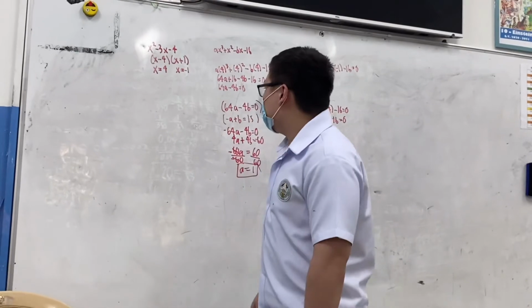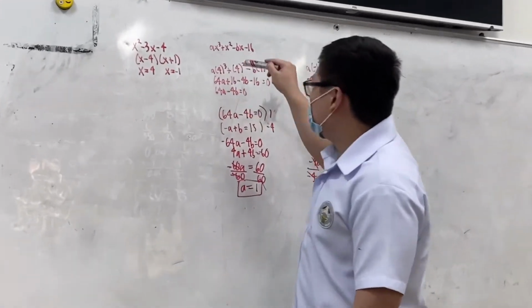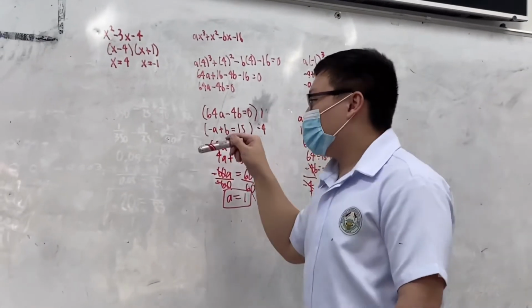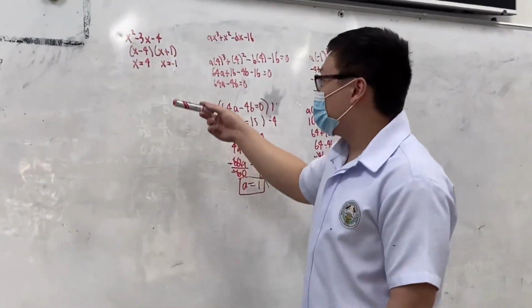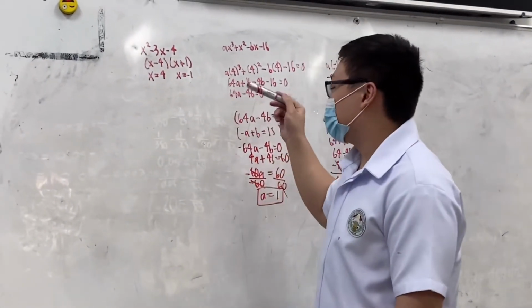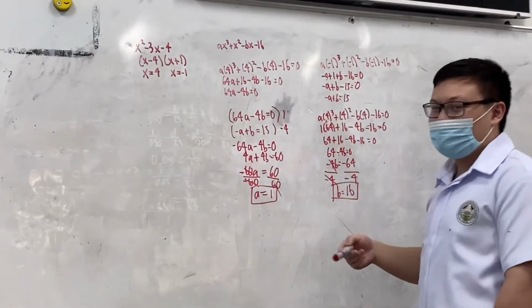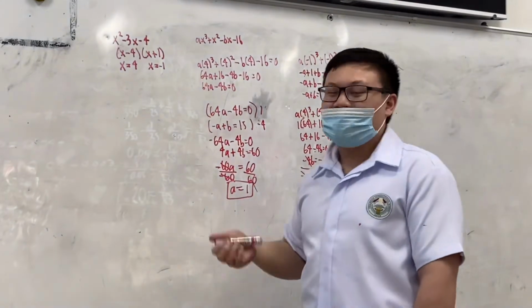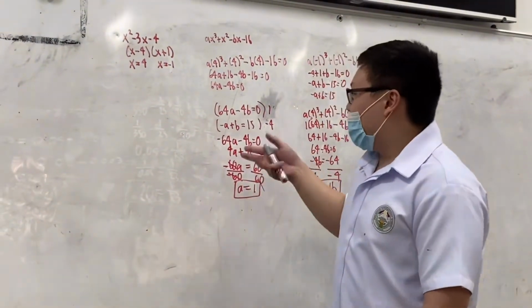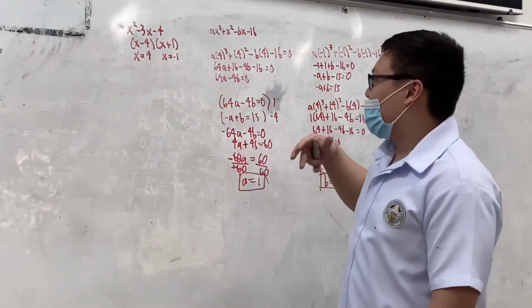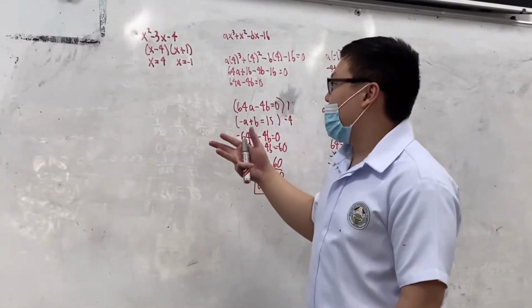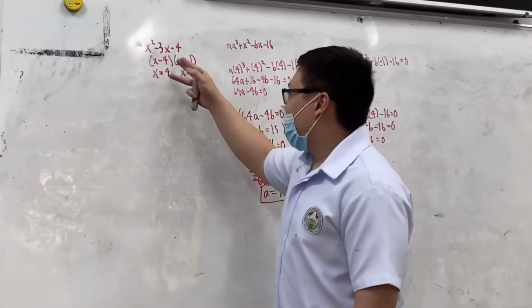So we have the given ax cubed plus x squared minus bx minus 16, and we have the divisor, which is x squared minus 3x minus 4. What we're trying to find here is the value of both a and b. First, in order to find the value of a and b, we must first find the value of both of our x's. So what I did here was use the factor theorem,